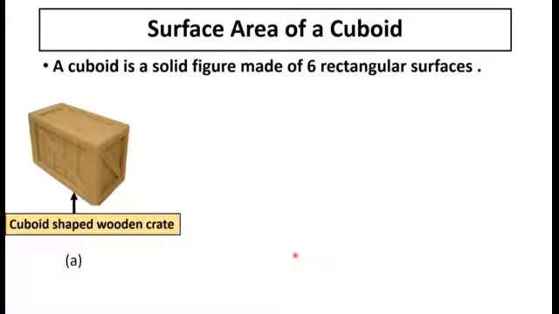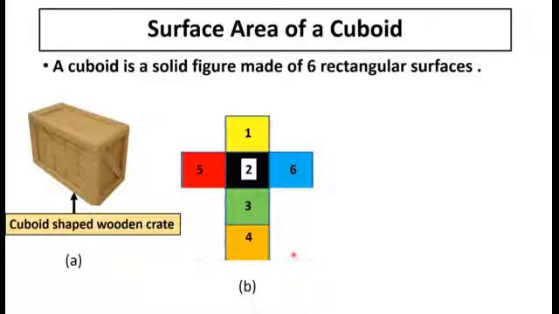So to understand this one, let us have a cuboid shaped wooden crate here. As shown in figure A, we are having 6 surfaces for this wooden crate. To understand further how these 6 surfaces are, let us consider figure B, which is having 6 surfaces: 1,